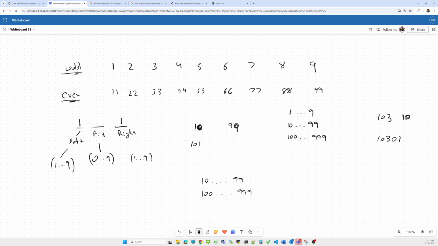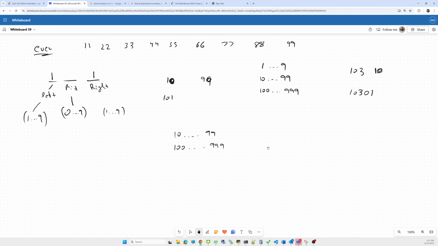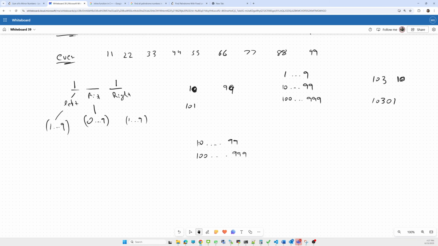What will be the intuition behind generating the palindrome number? Whether we generate even size or odd size, suppose there is a number 10. We just divide by 10, and whatever remainder is there, we take it as it is.